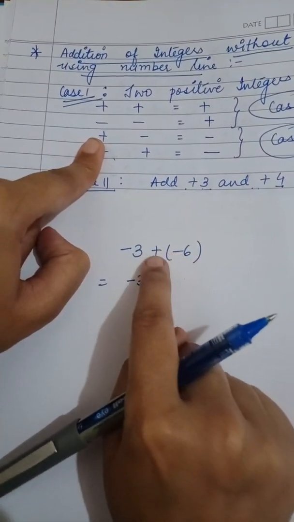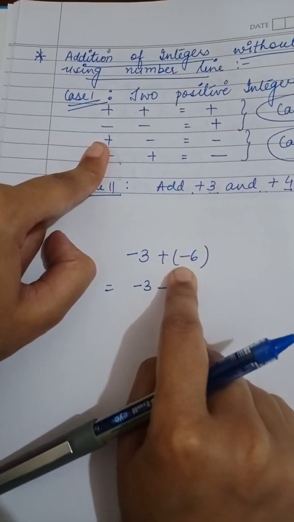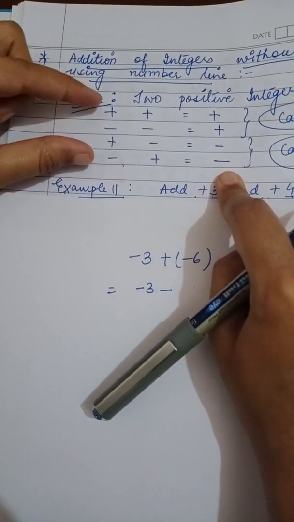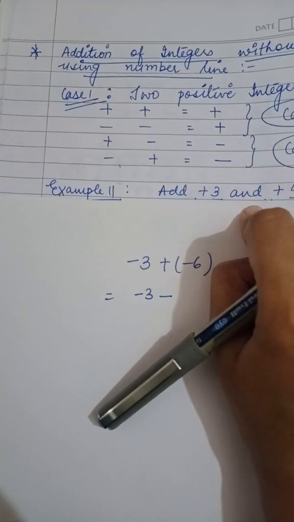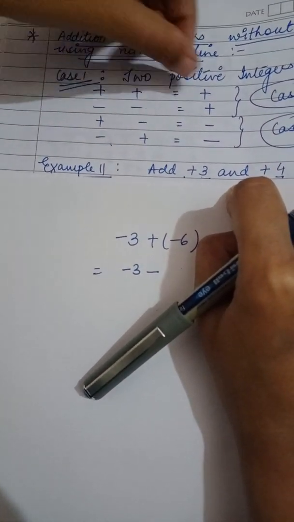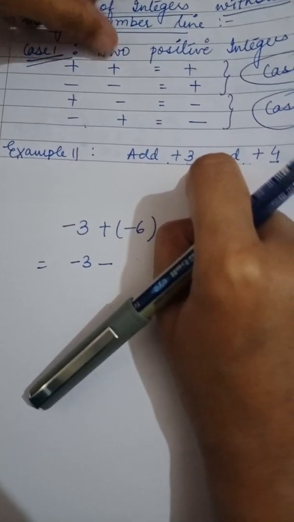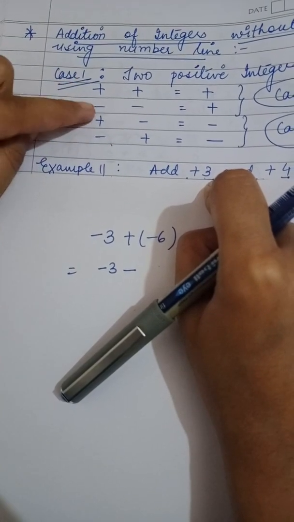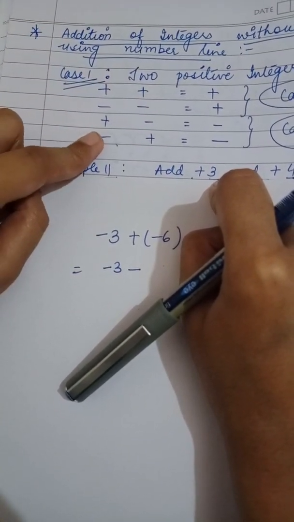So 2 signs cannot be together. When 2 signs cannot be together, instead of this, I am going to write the single sign, and that we are going to see from this table. This table is easy to learn. You just have to see, if 2 signs are same, then it will be plus. Whether it is plus plus or minus minus, it has to be plus. And if 2 signs are different, if one is plus, other is minus, one is minus, other is plus, then